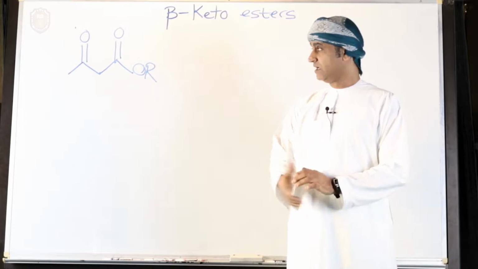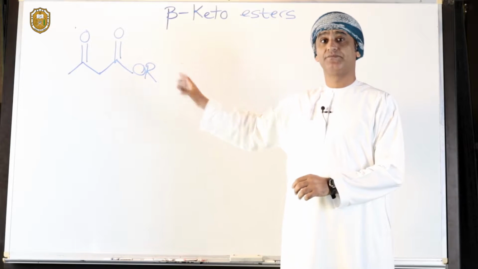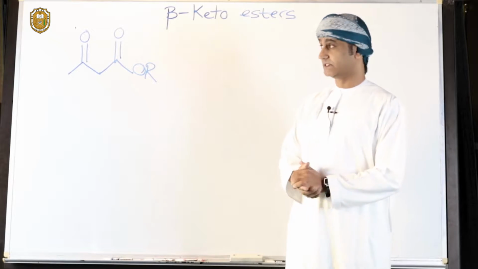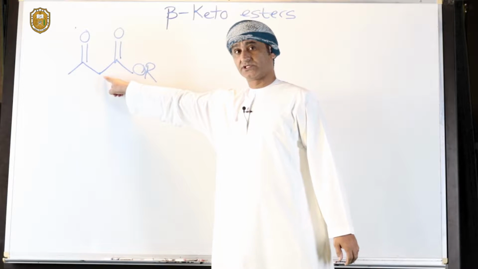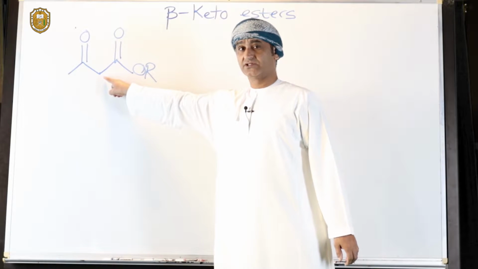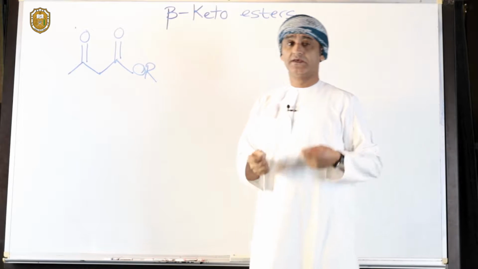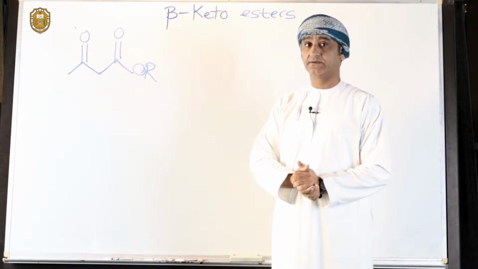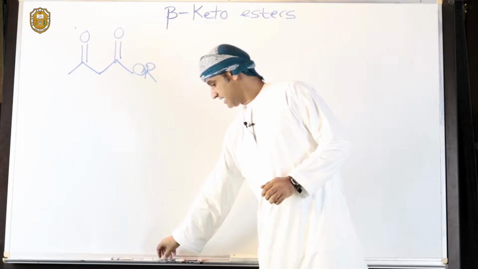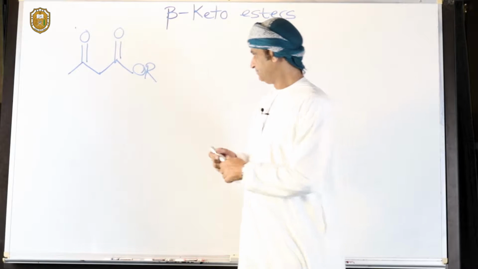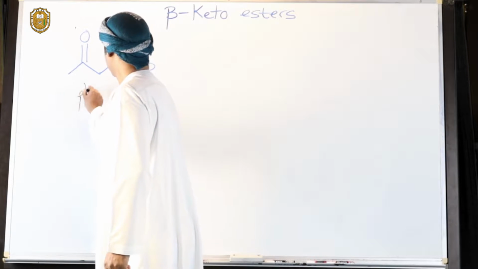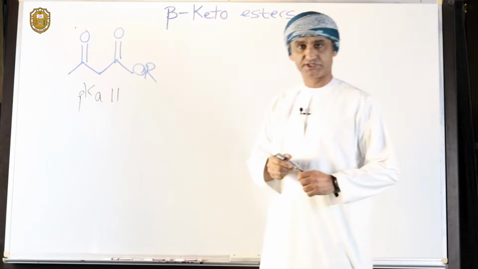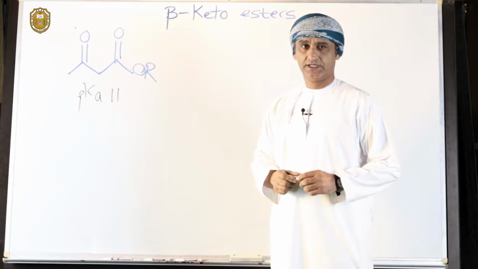Beta-keto esters, whose structure is shown here, are actually acidic at the methylene position flanked by the two carbonyl groups. Specifically, we talk about that position. This methylene position is actually acidic. That's because the conjugate base, which is the enolate or the alpha carbanion, is stabilized by resonance. The pKa here is actually about 11 at the methylene position, the position flanked by the two